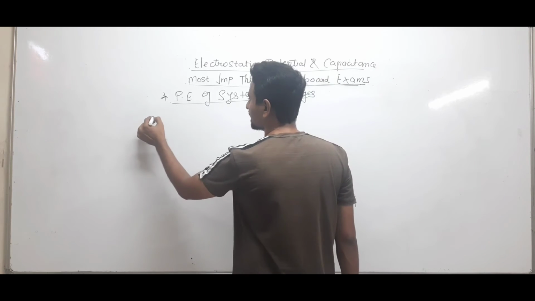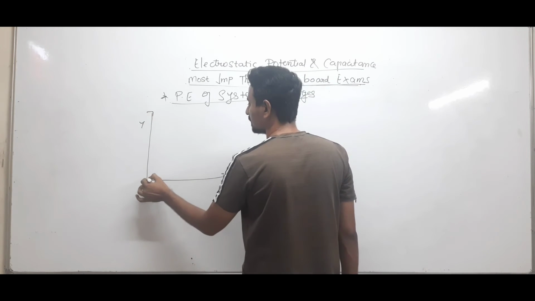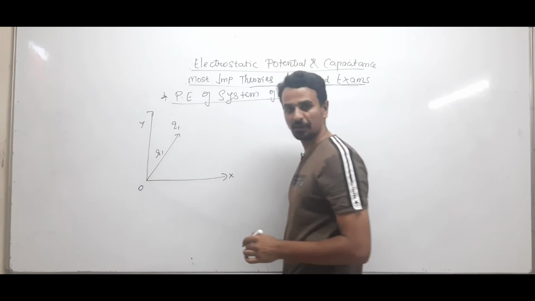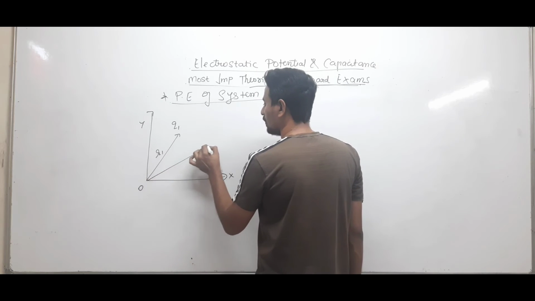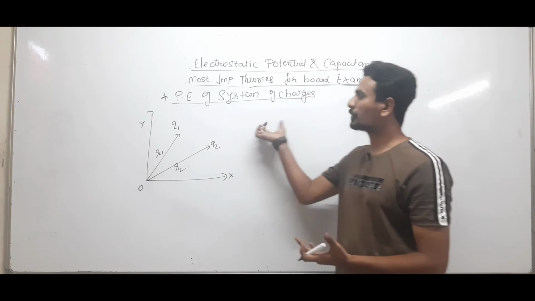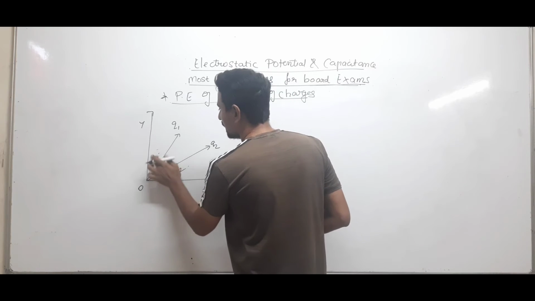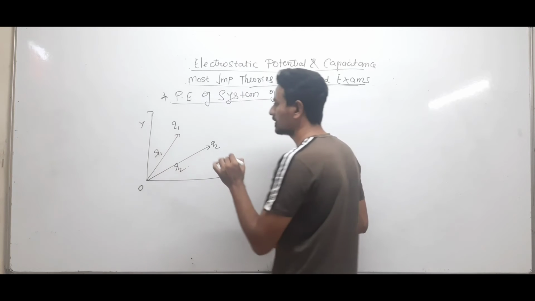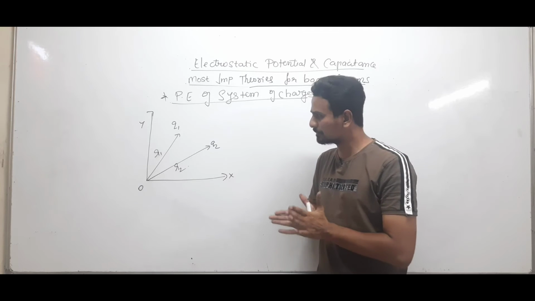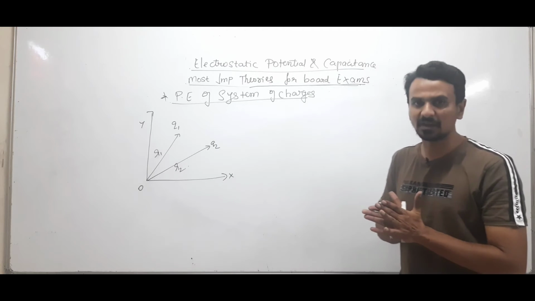Suppose we start with the very simple case. Suppose there are two charges, only two charges, Q1 at R1, where R1 is the position vector, and Q2 at R2. The topic says potential energy of system of charges, where and how the potential energy comes into the charge. This is what we are going to discuss. See, we have placed two charges. We'll start with the simplest case, Q1 and Q2. Let R1 and R2 be the position vectors of the charges.